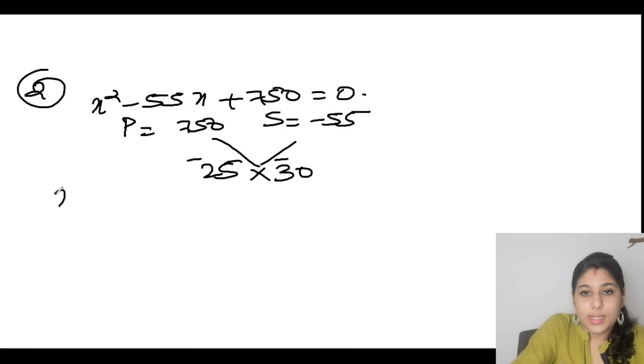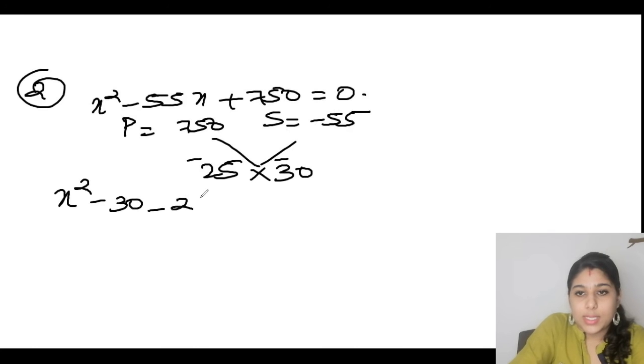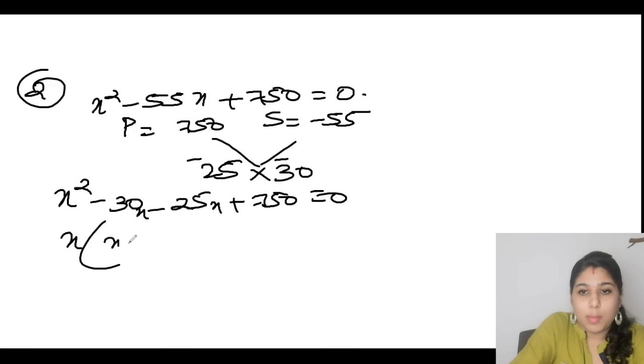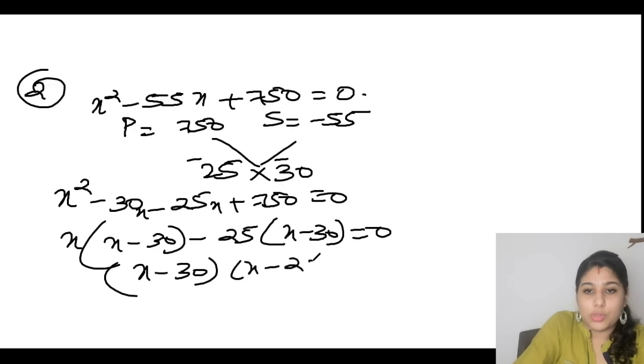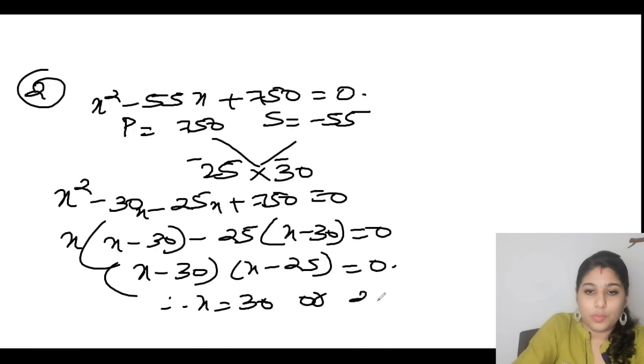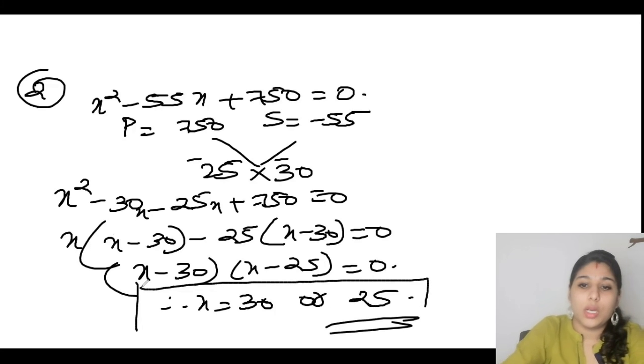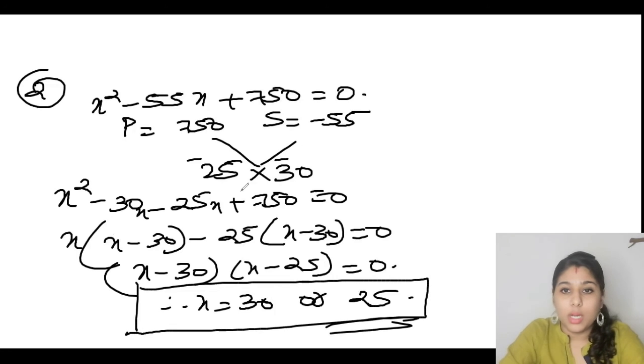So we can split and write it as x² - 25x - 30x + 750 = 0, writing the 30 term with 750 because then only it is easy for taking the common factor. Taking x out, x - 30, and taking -25 out, x - 30 is equal to 0. So it will be (x - 30)(x - 25) = 0. Therefore x can be 30 or x can be 25. These are the solutions. Whenever you are rechecking back the example question, select the one which is satisfying the correct criteria.